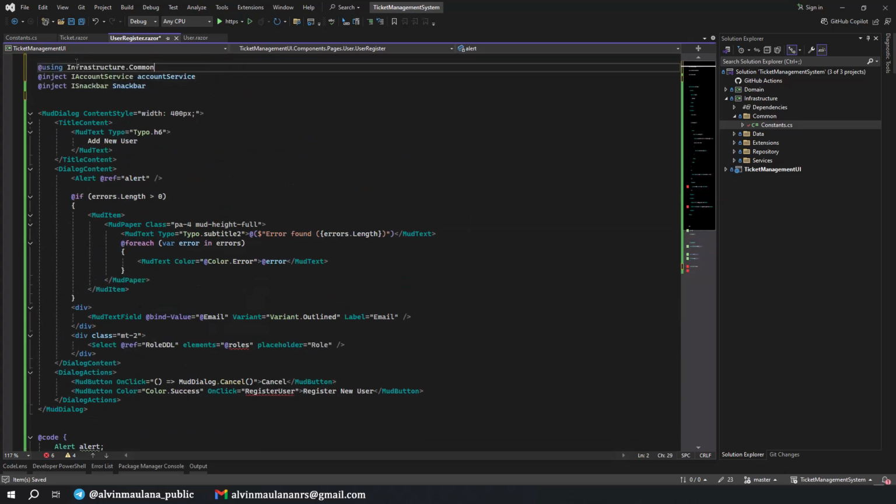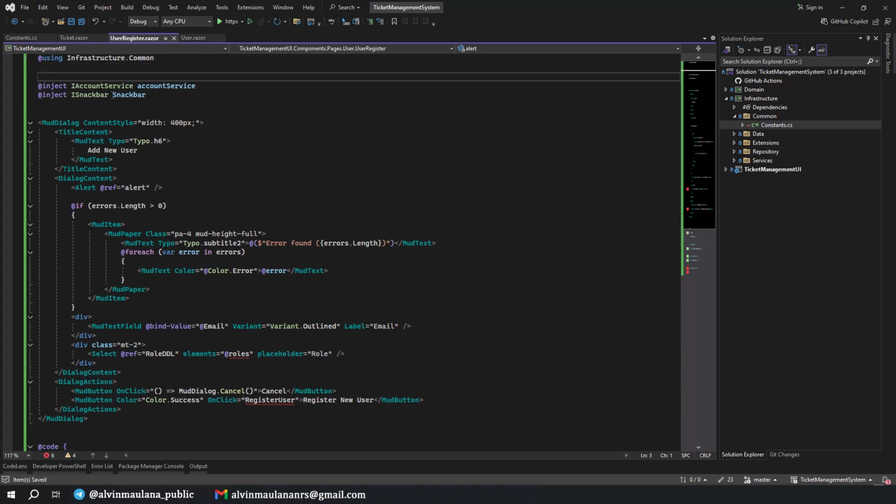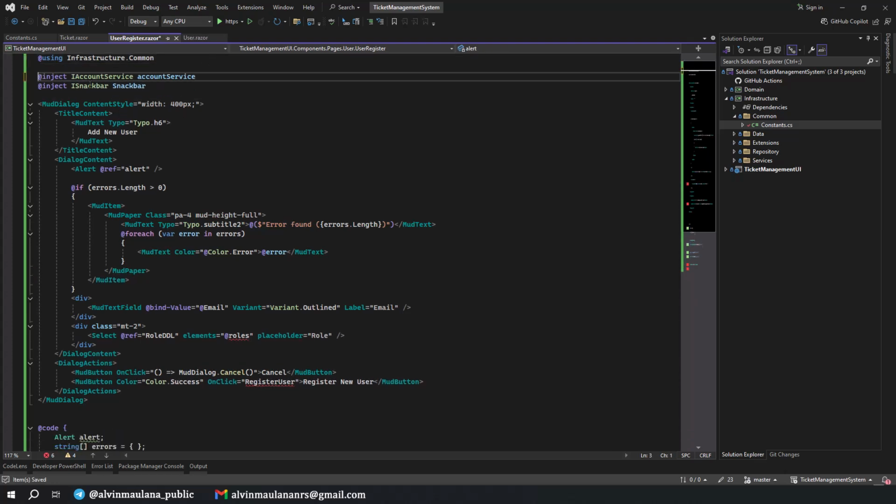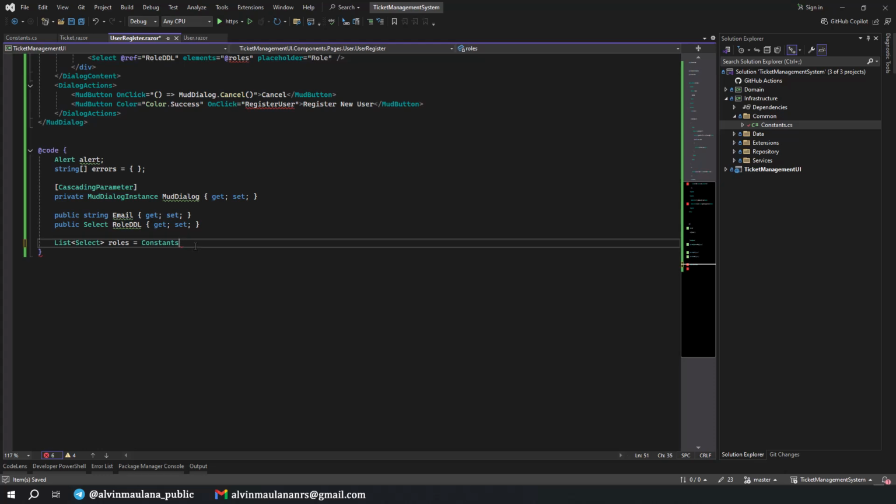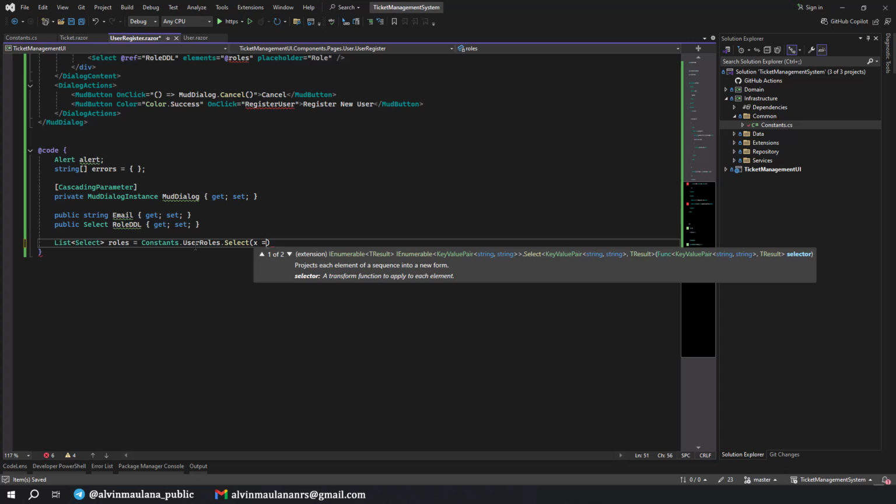For using statements, I prefer to put them at the very top like this, and then Constants.UserRoles we select and map as a select item, with the text coming from value, and also the value coming from the value.